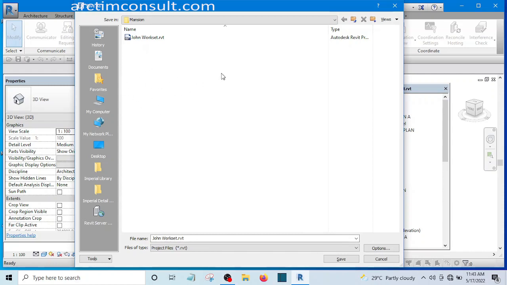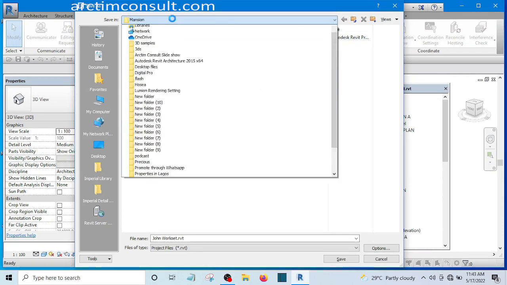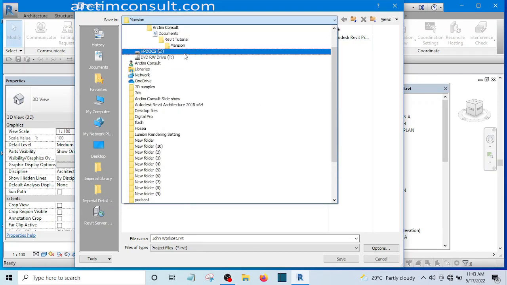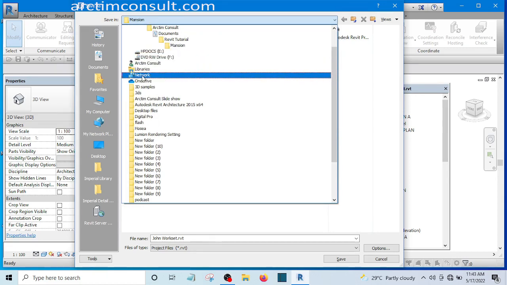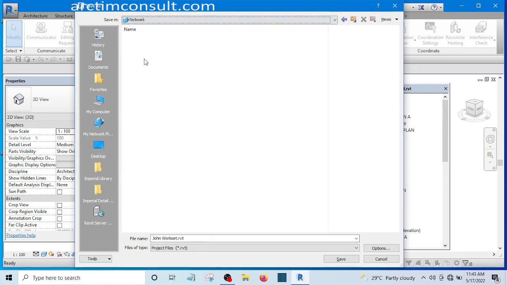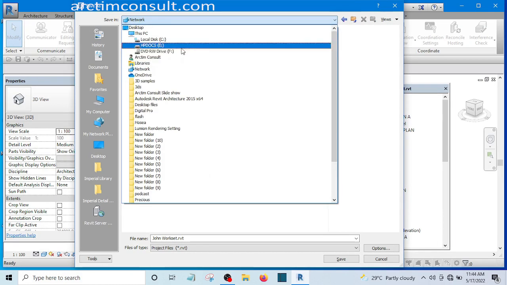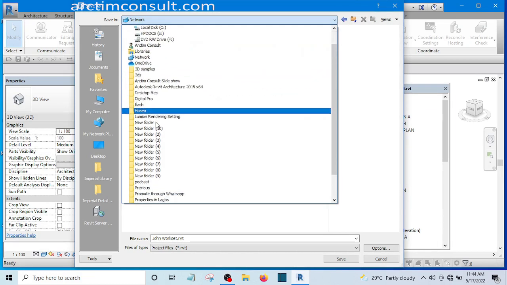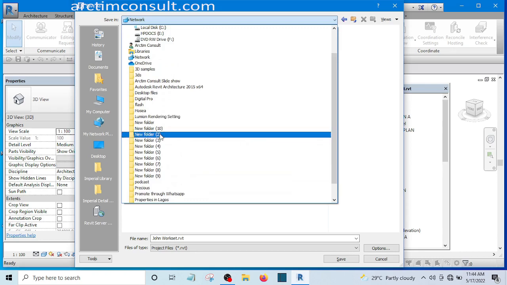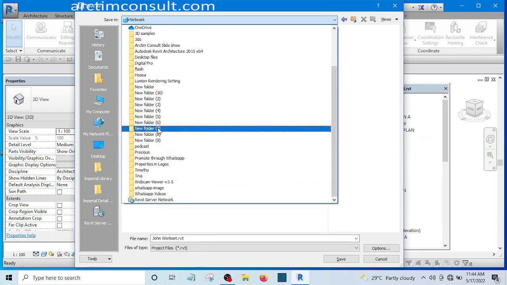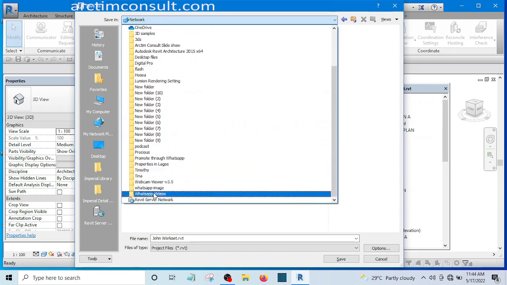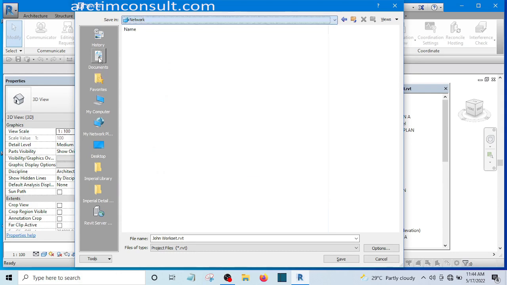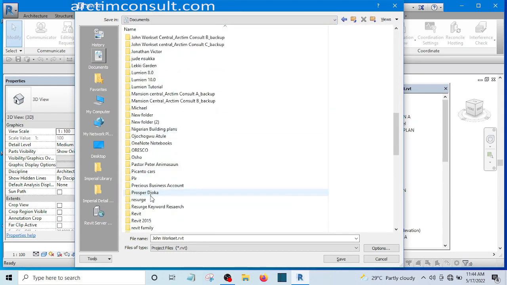In a case whereby you are working in an office with a team of architects and engineers, in that case, you may have to save it in a network, in a system network. But for the purpose of this tutorial, I am going to save it in my own folder. In my own folder, let me locate that folder and save it in